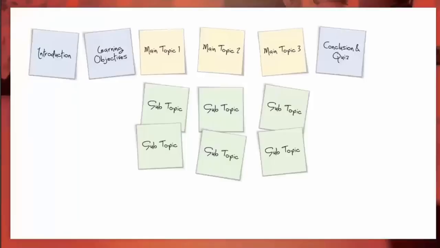From there, what I do then is I start using arrows to kind of map out how the learner is going to progress from one topic to the next. So if they're going to start at the introduction, then they're going to go to the learning objectives and then main topic 1, and then they might go to the subtopics. Whatever the order in which the learner is going to go through that course, I will start identifying that by simply drawing lines between those topics. And again, you might discover you need to rearrange the content.